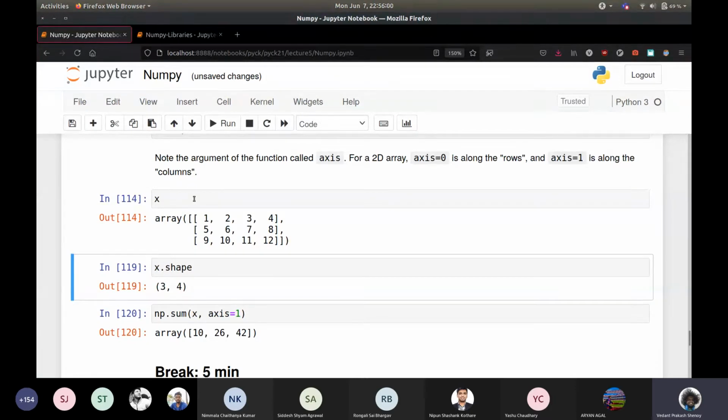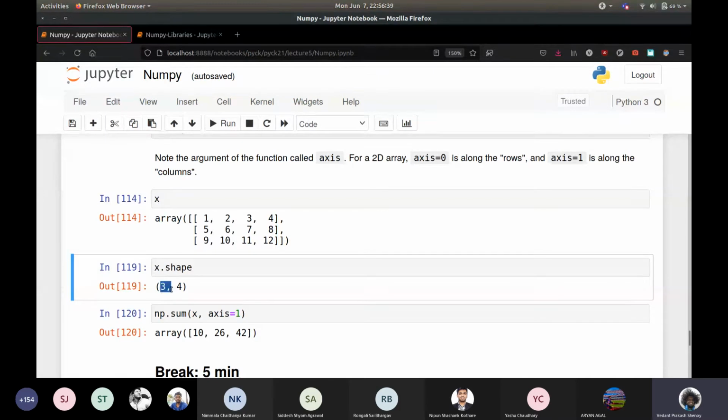And in particular, when you have images, color images are typically three-dimensional arrays, right? So you'll have a shape of something like 1920 comma 1080, which is like a screen resolution, comma 3, and that 3 refers to each of the color channels, RGB. If there is a transparency channel, then you will get a 4 there as well. So in those kinds of cases, when you have more than 2 dimensions, it's often useful to think about it in terms of this shape instead of just thinking about rows and columns.